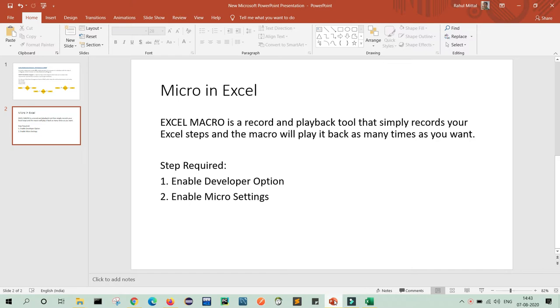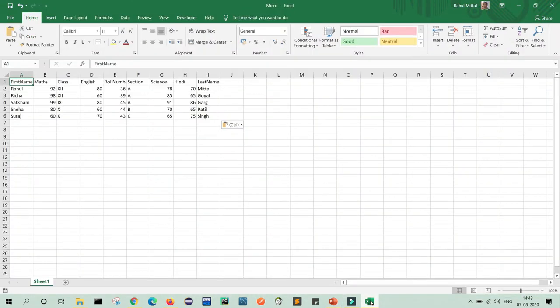There are two easy steps required for macros. First, enable your developer option, and second, enable your macro settings. So let's see how we can do this. Friends, as you can see, my developer option is enabled here, but if it is not enabled in your system or in your Excel,